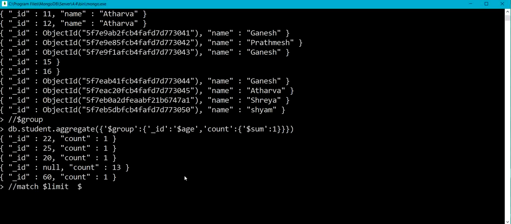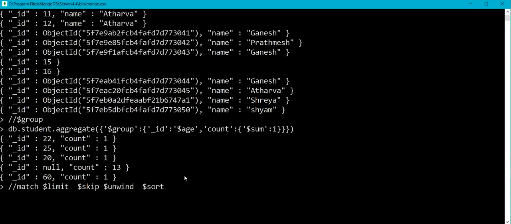We can also use $skip, which is used to skip a specified number of documents and not pass them to the next step. We can also use $unwind, which is used to expand an array, generating one output document for each array entry. We can also use $sort, which is used for sorting the documents in ascending or descending order.